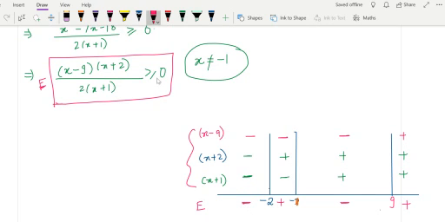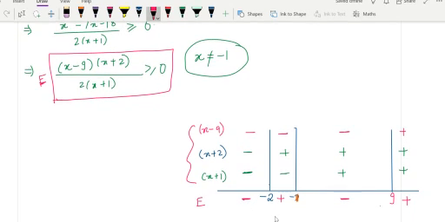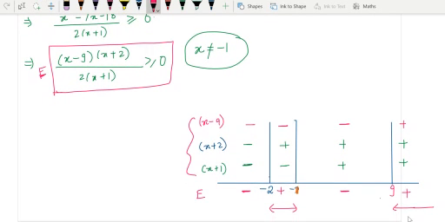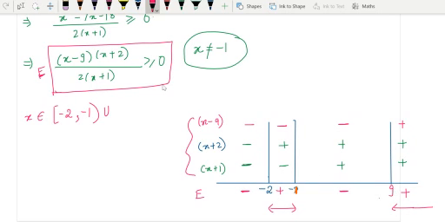So when is your expression positive? Can you see where? Here, right? Here your expression is positive and here your expression is positive. So what do I write? When is my expression positive? When my x belongs to the interval, and can you see I am not going to include -1, so I am going to write open -1 union. I have to take this 9 because it is less than or equal to, at 9 this is equal to 0, so I very well include that 9, infinity.